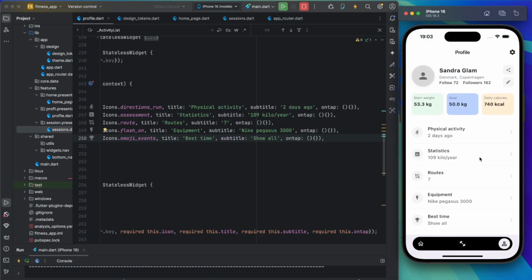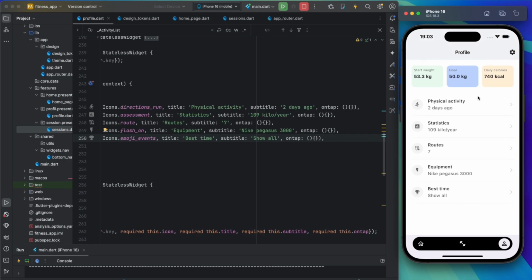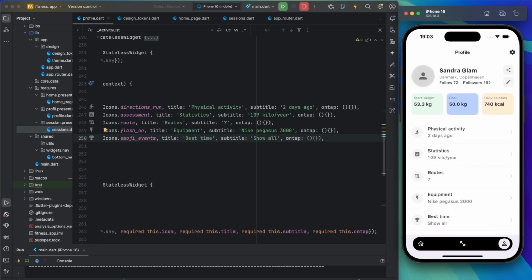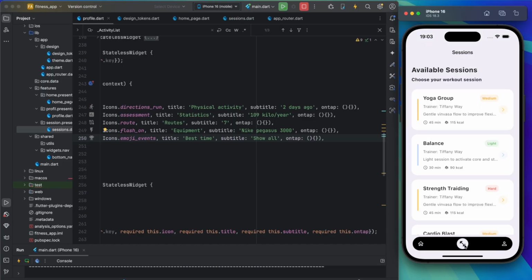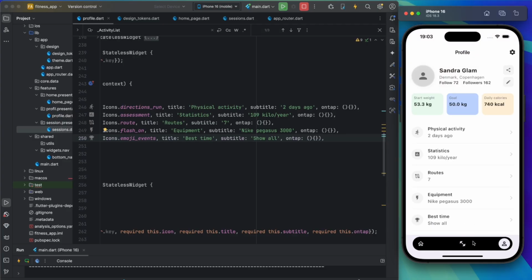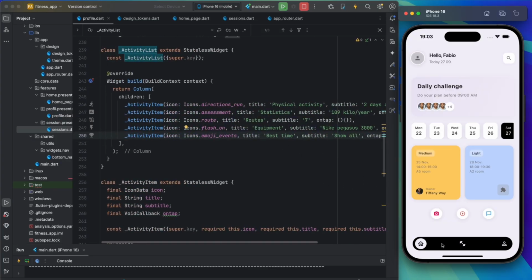So yeah, you have access to almost like everything there. So yeah, now we have our profile page, our session page, and almost,